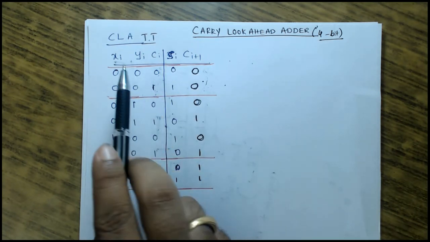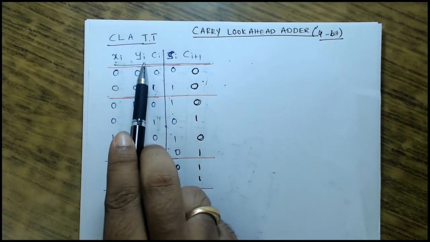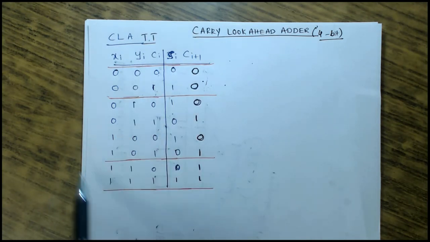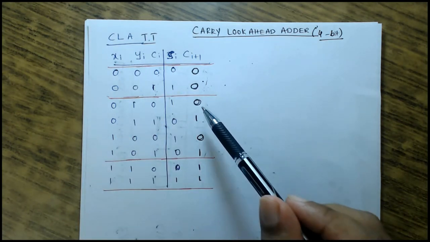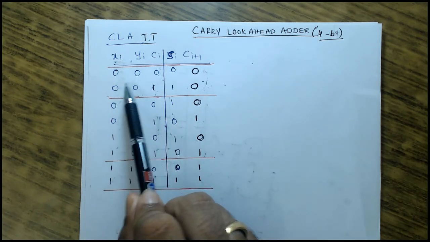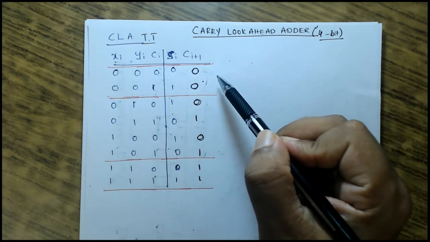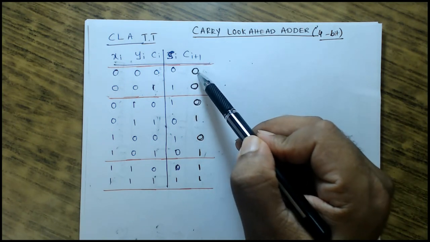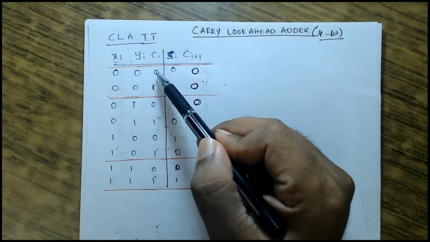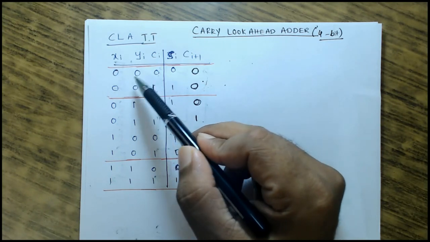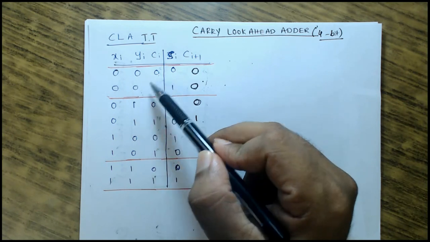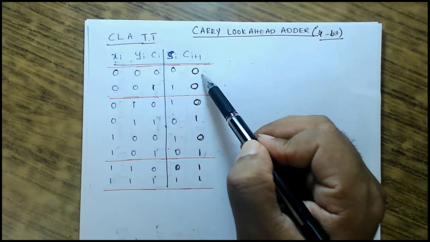So here what I have considered is Xi, Yi indicates a single bit that we are representing for the moment. Si is also a single bit. So this resembles a single full adder truth table, which you already know. I just make out some different analysis here. Look at the carry output Ci plus 1. It will stay at 0 irrespective of what is there at the carry input when your X and Y are 0. So when your inputs X and Y are 0, irrespective of your carry input, your carry output stays at 0.